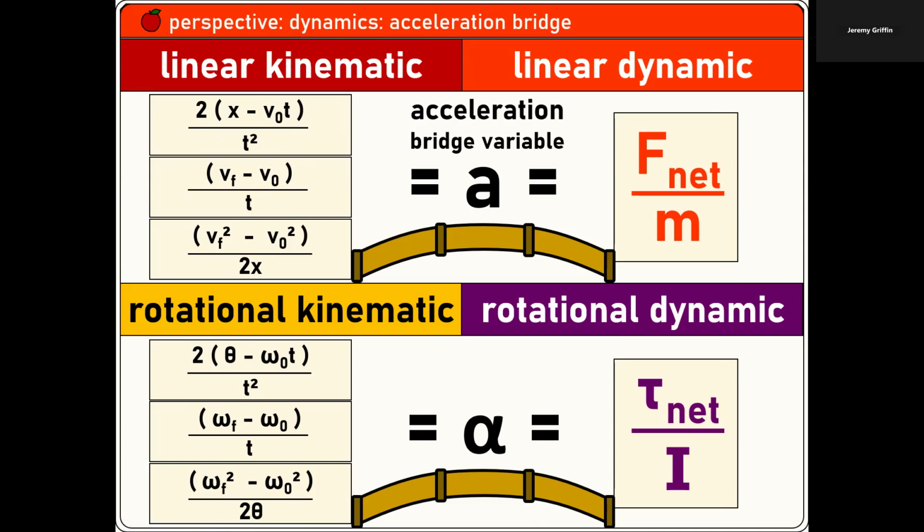So if I threw a question at you guys like, some guy kicks a soccer ball with some force for some amount of time, maybe like a tiny fraction of a second, how fast does the soccer ball leave his foot, right? That could be a good question. And this is exactly how you solve it. This is the whole roadmap right here. Say, okay, well, he kicked the soccer ball with some force that maybe I gave you so many newtons of force. Maybe I gave you the mass of the soccer ball, so you divide that out, right? And that tells you how much the soccer ball would be accelerating while he's kicking it, right? If I told you he was kicking it for like a tenth of a second, then you go over here,